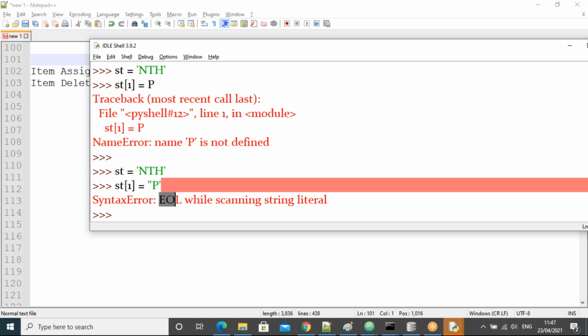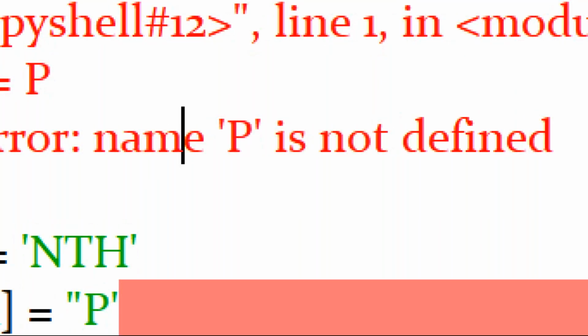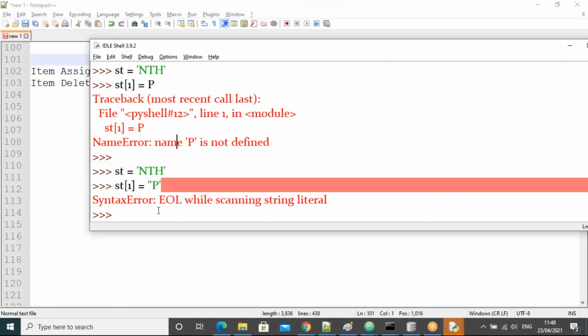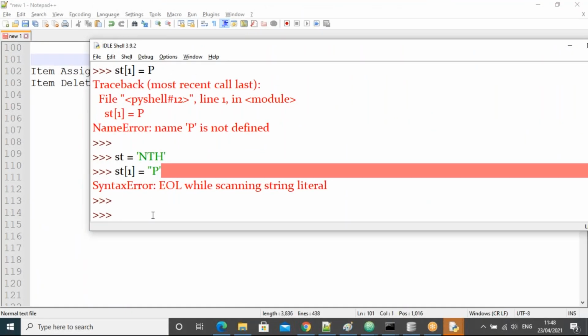EOL means end of line. The starting double quote is there and it expects an ending double quote also, but the ending double quote is not there, so the ending is not proper. That's why the error is SyntaxError: EOL while scanning the string literal.